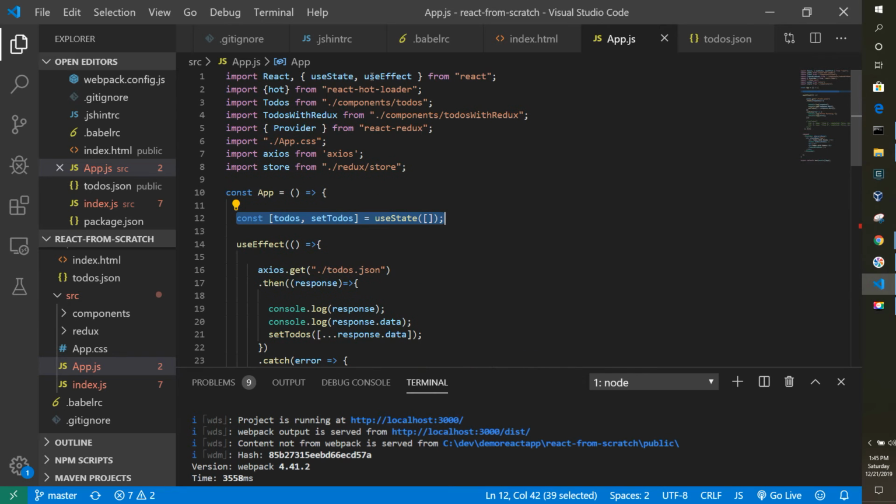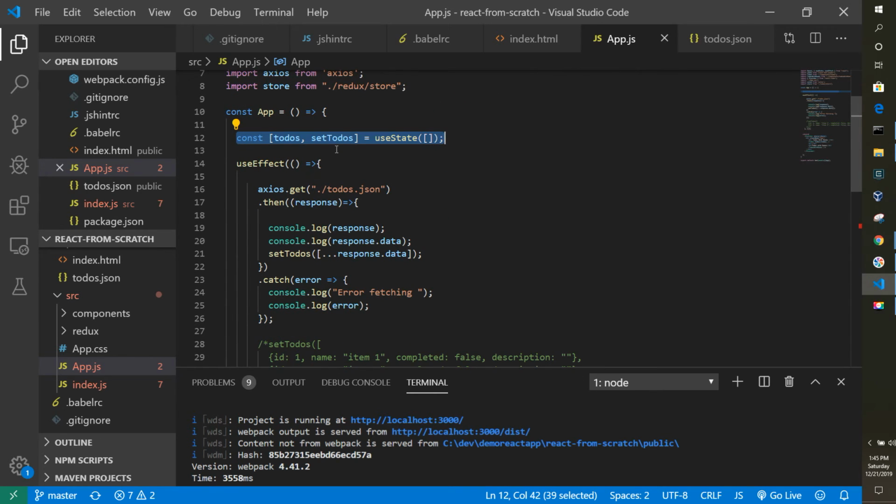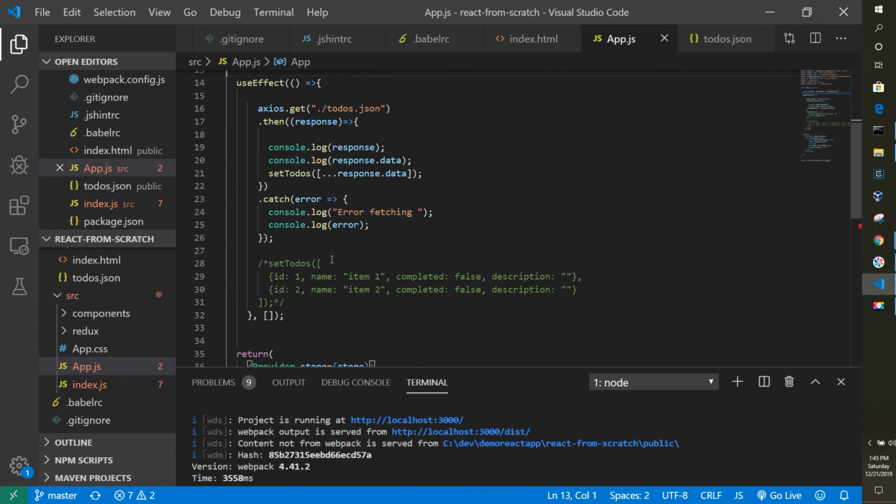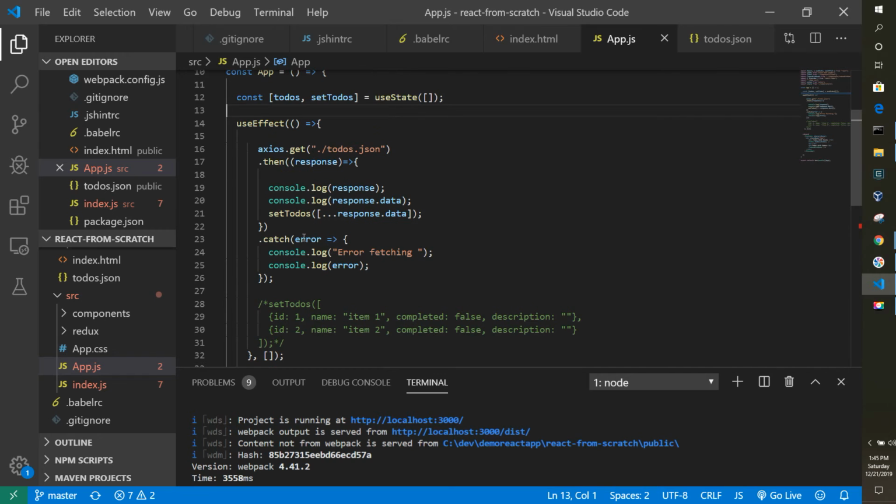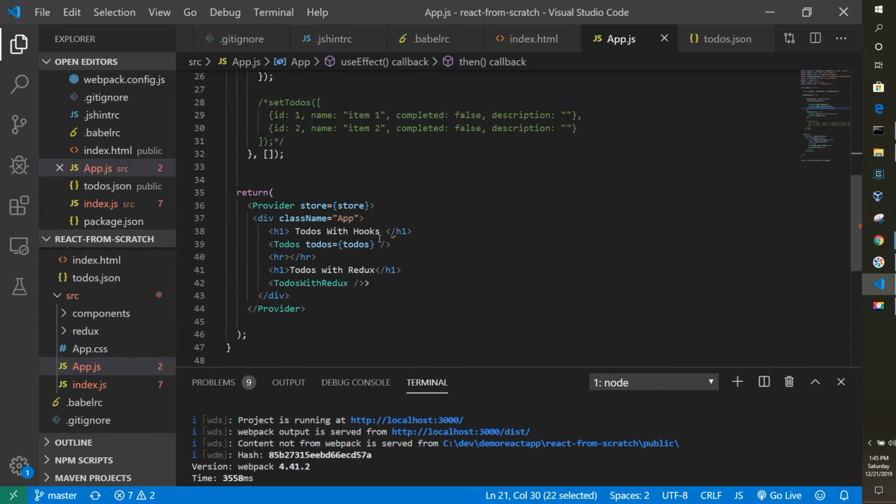You notice we import useState and useEffect from up here, but like I said, it's not a class. I'm not focusing on that so much, but this is an example using hooks, and it loads the data, and then it takes the data and sets it as the to-dos, and then later on it passes those to-dos to another component, the to-dos component, which is